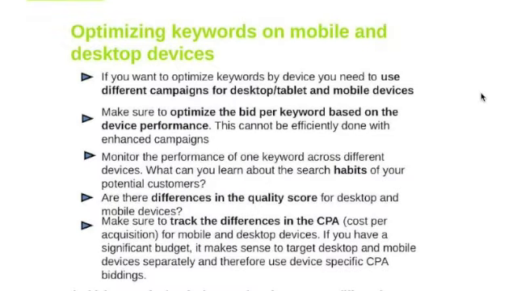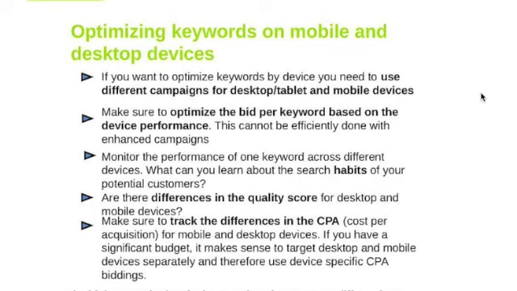So first of all, when you optimize keywords, keep in mind that you need to use different campaigns for desktop and tablet devices and mobile devices. The bigger your campaign is, the more differentiated it needs to be, basically. So make sure to optimize the bid by keyword, because different keywords may require a different bid, and this is particularly true when you talk about different devices. So you cannot just use a bid adjustment to reflect all the behaviors of your customers. And by differentiating the campaigns, you can actually learn more about the habits of your customers and create more optimized campaigns,